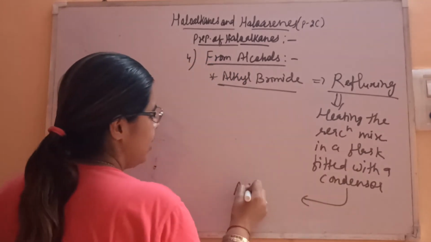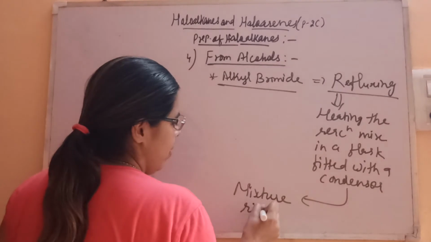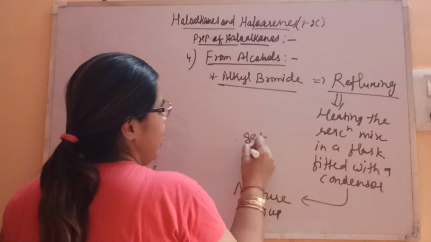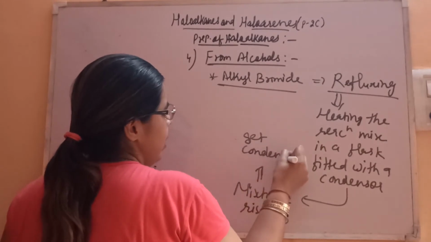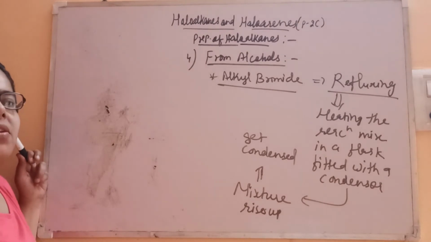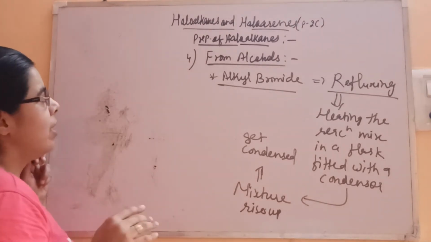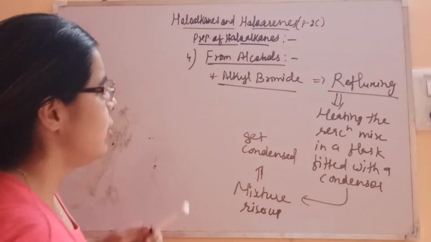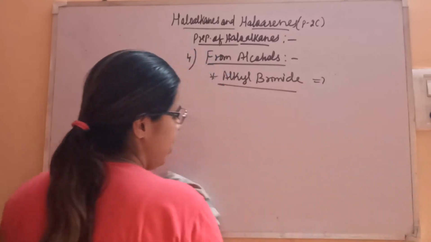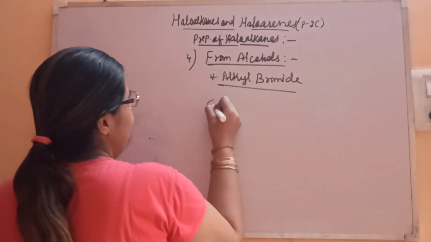Now what will happen? The mixture rises up and then gets condensed. So refluxing is this process where we heat the mixture in a flask fitted with a condenser, so that the reaction mixture, when it rises up, just condenses back. Fine. So now let's see the reaction. We'll be using this word refluxing again and again, so you should know what it means. So we'll now treat alcohol,